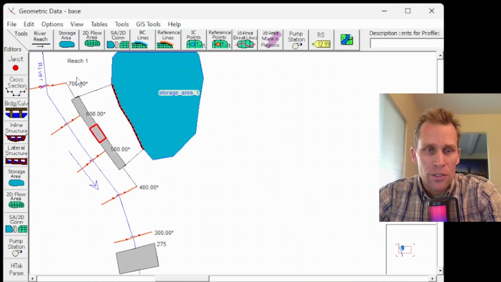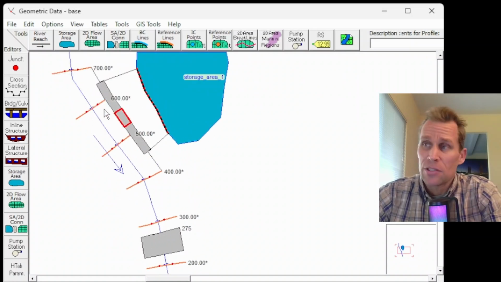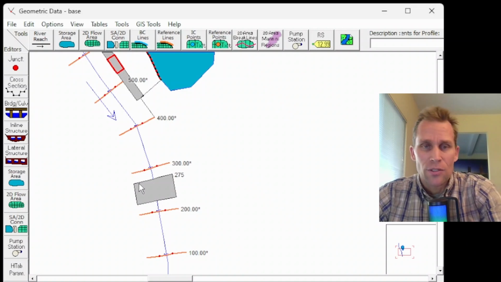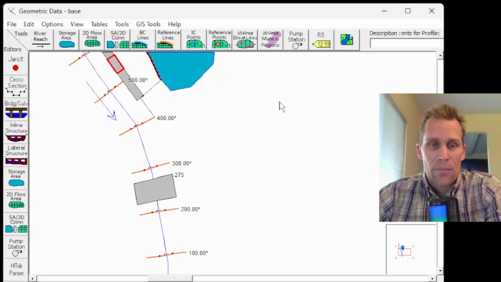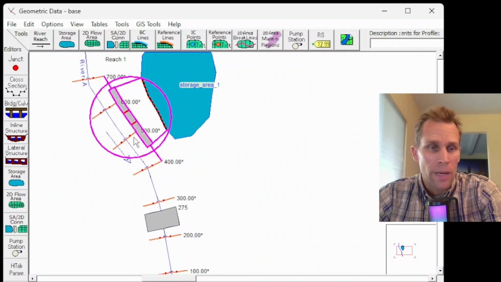I have a lateral structure right here that's connected to storage area 1, and then further downstream, I have an inline structure. I'm going to be using the lateral structure to demonstrate levee breaching, and further down, I'll use the inline structure to represent dam breaks. All right, well, let's go ahead and get started here. I'm going to first talk about the lateral structure and levee, and then later move on to the inline structure, which